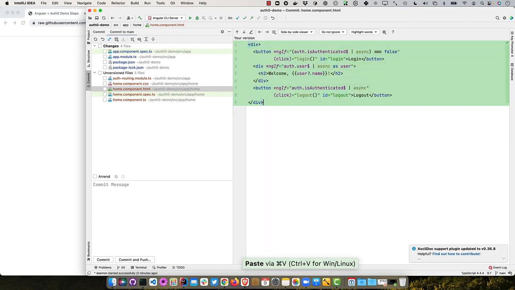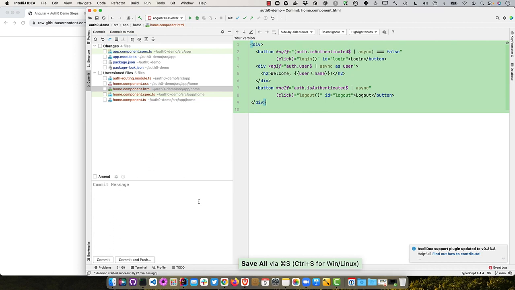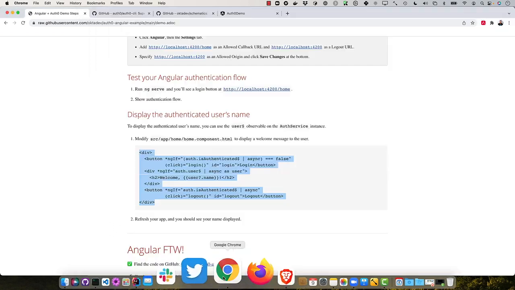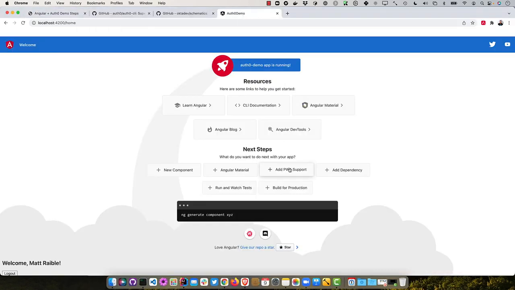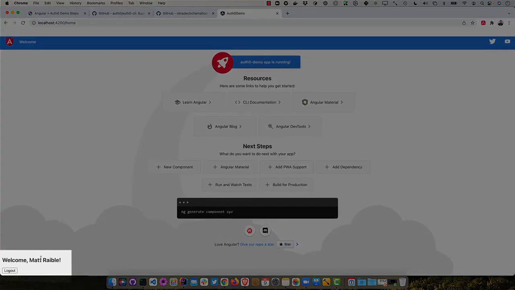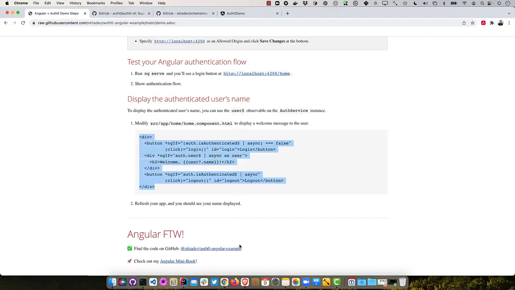So it doesn't look like I erased everything. There we go. And then we can go back to our browser, and it should already be rendered there. And there you are. Welcome, Matt Raible. And go ahead and log out if you want. So there you have it. Pretty slick, huh? So you can find the code for this example on GitHub, like I said, at OktaDev